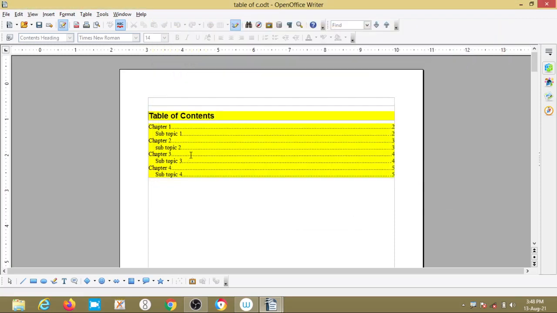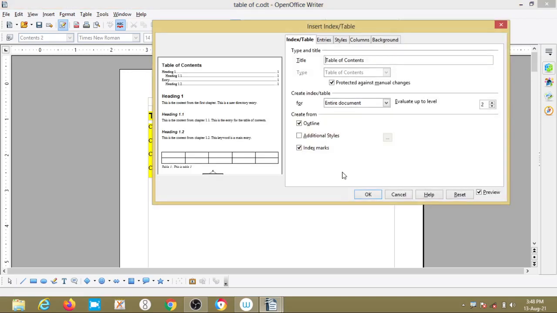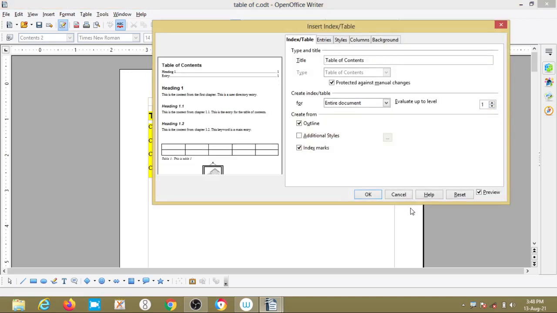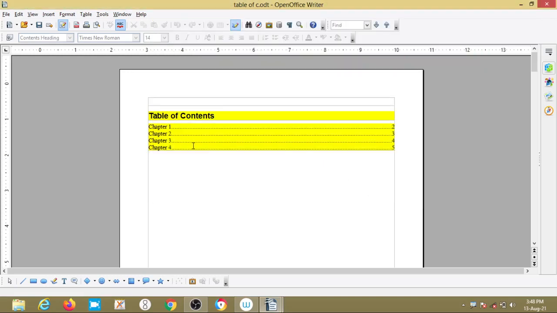See, introduction part is not visible. If I want only one, so it gives the chapter name, right.